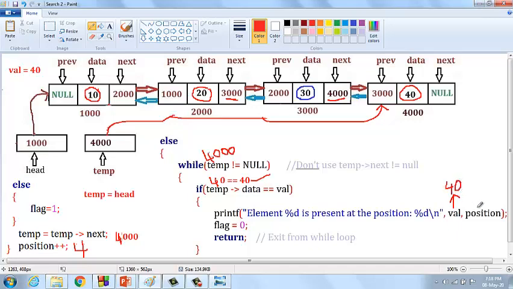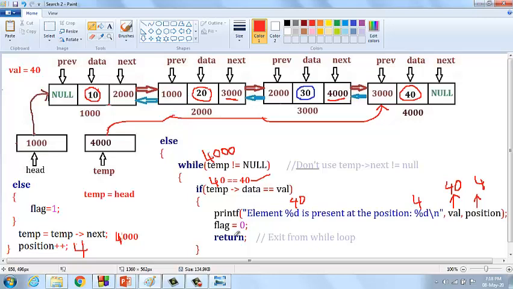And what is the position? Fourth position. The element 40 is present at position 4. I'm getting the output.